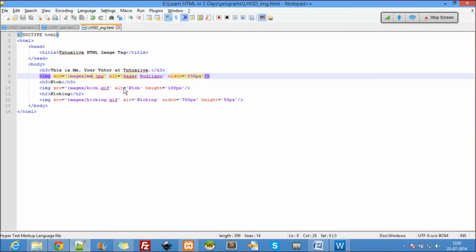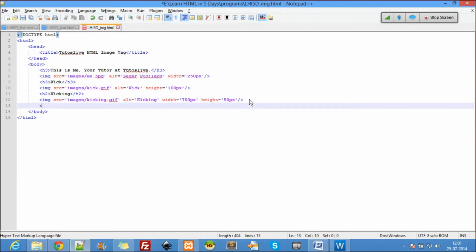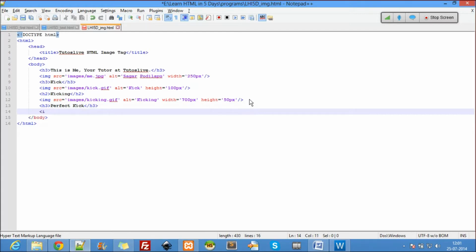So let's use our last image now. So here I'll say h3 perfect kick, img src equal to images slash perfect kick.